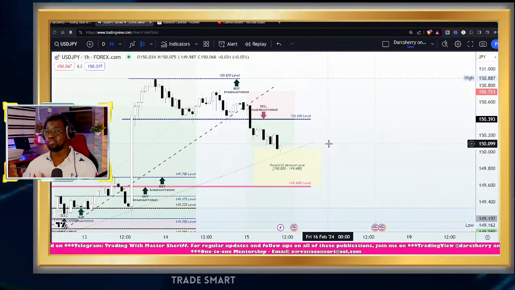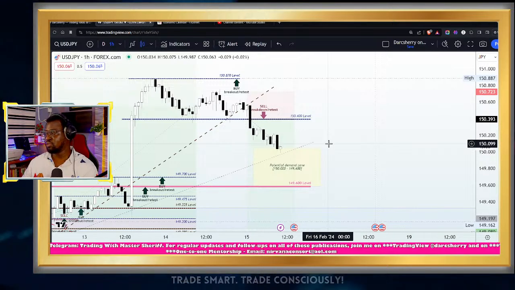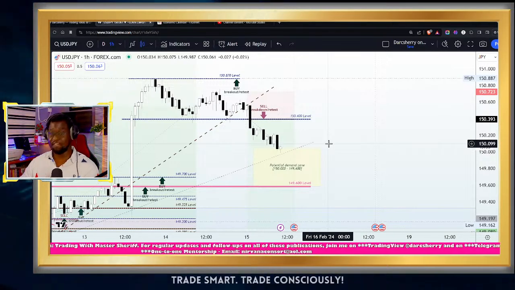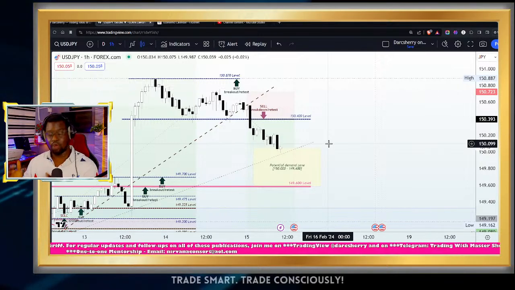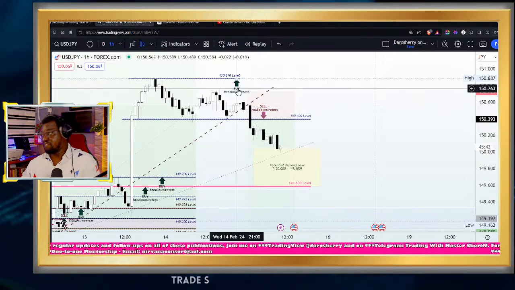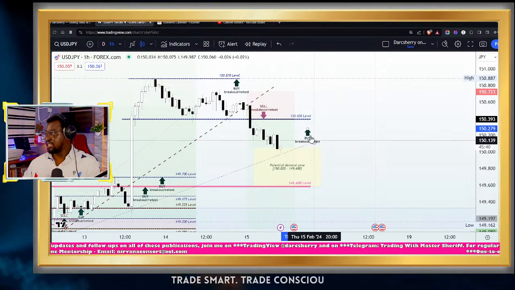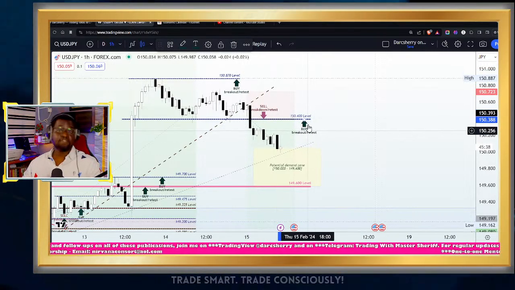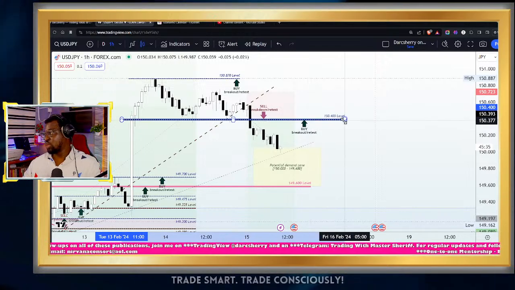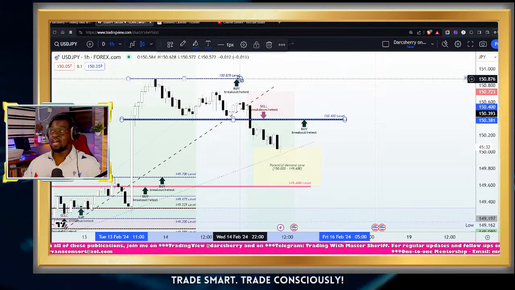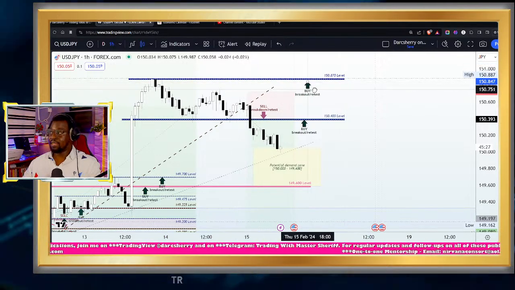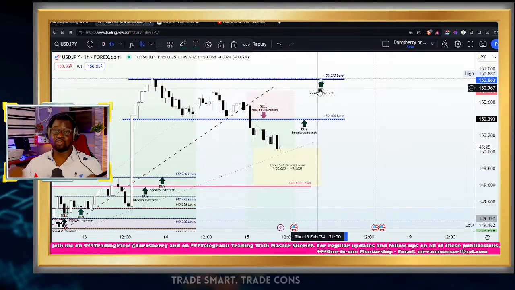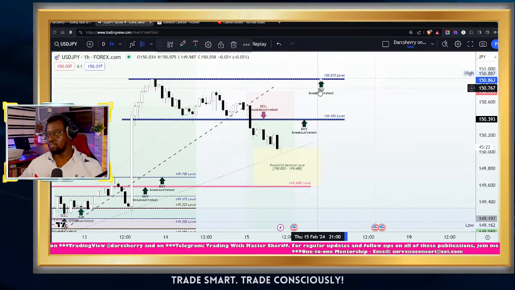This could take about 2-3 hours before the formation happens, so let's exercise patience. I will definitely be giving you updates on both my TradingView and Telegram platform if I find any setup unfold around this area. However, while we're looking out for setups, I would advise, this is for those of us who are profitable on this asset so far this week, that we place a buy stop order above the 150.400, pending the time we look out for any setup. If we see any setup, we can actually buy before the breakout of the 150.400.